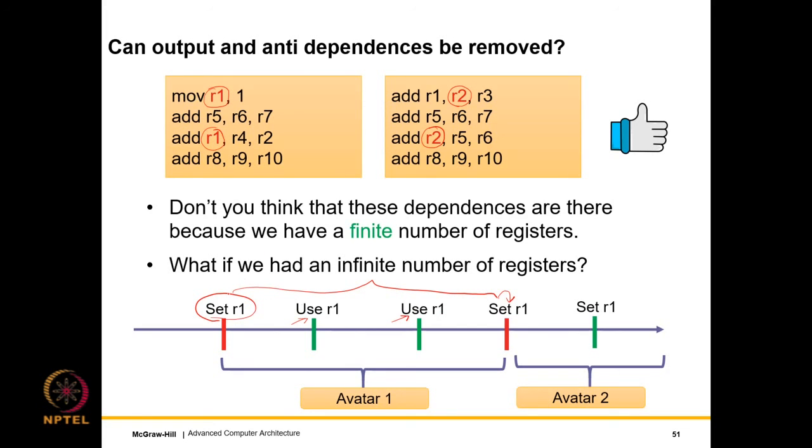So the value that has been set by this instruction, the value of R1, that has been set by this instruction, that will be read over the subsequent instructions. And so essentially the lifetime of this avatar over here can be captured, is kind of in a sense represented by the value that has been put into R1.